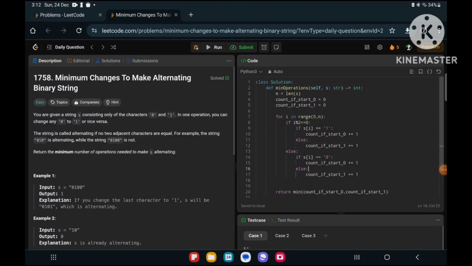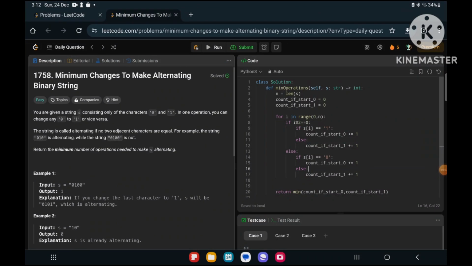Everyone, today we are going to look over this question. It is called minimum changes to make alternating binary string. So in this question we are given a binary string of zeros and ones, and we are asked the minimum